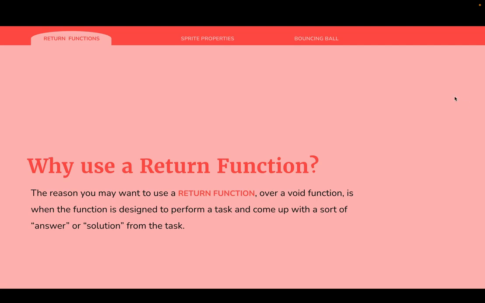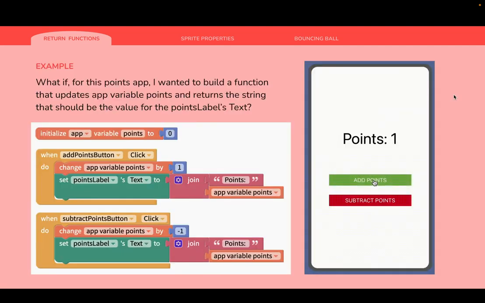To illustrate this, I actually want to go back to an app that we spoke about last class, which is this points app. So you might recall in this app, I have just 3 components on this screen. I have a big label that says the word points and then a numerical value following it. And then I have 2 buttons on the screen, a green one that says add points and a red one that says subtract points. Here on the left-hand side, you can see all of the code for this app,